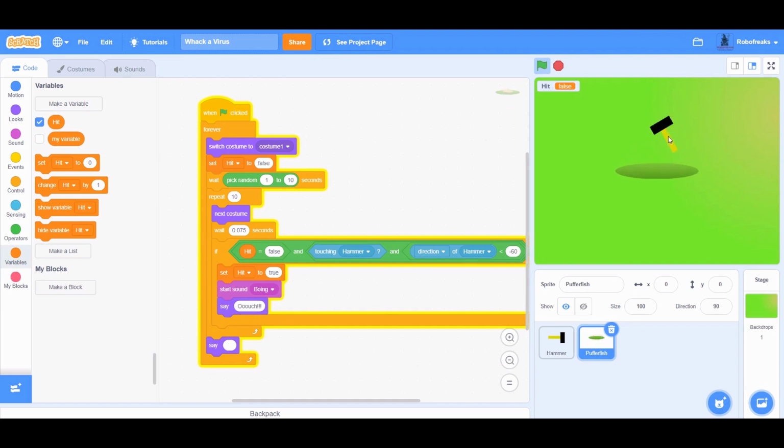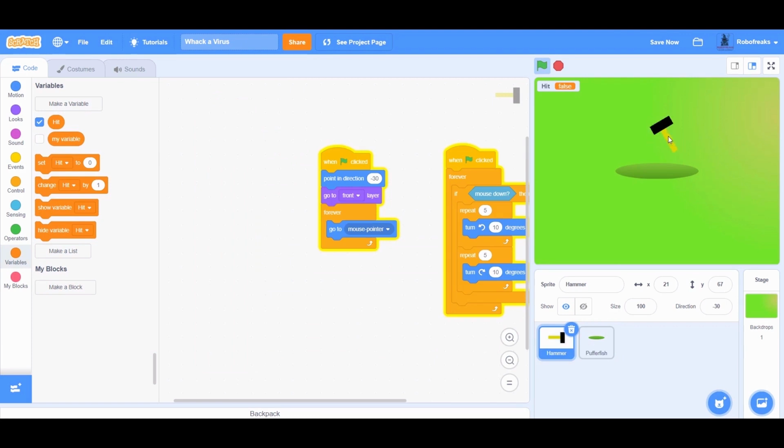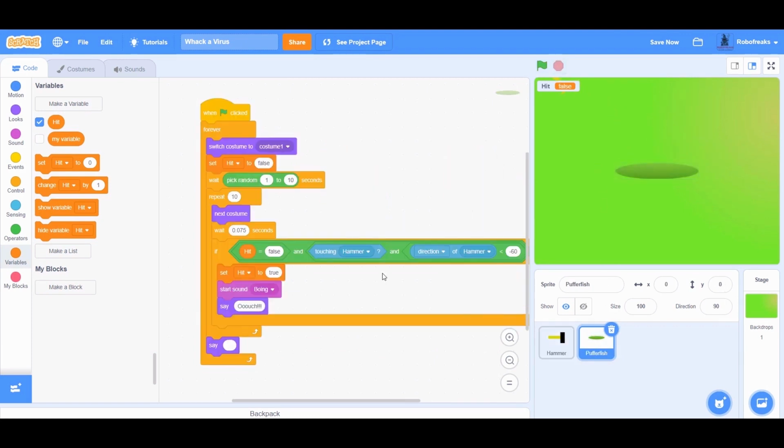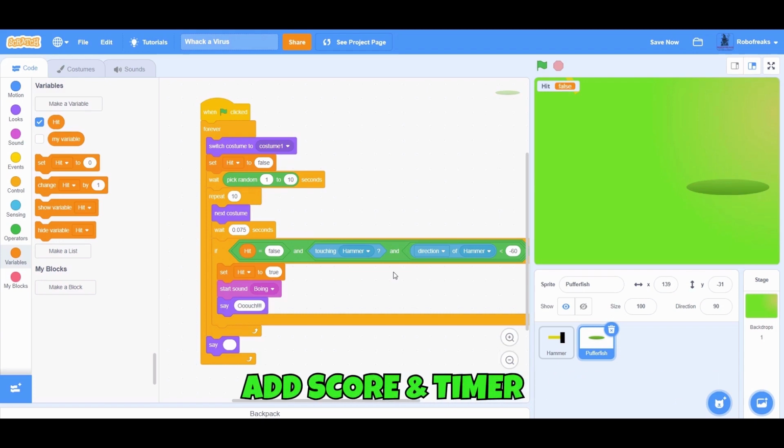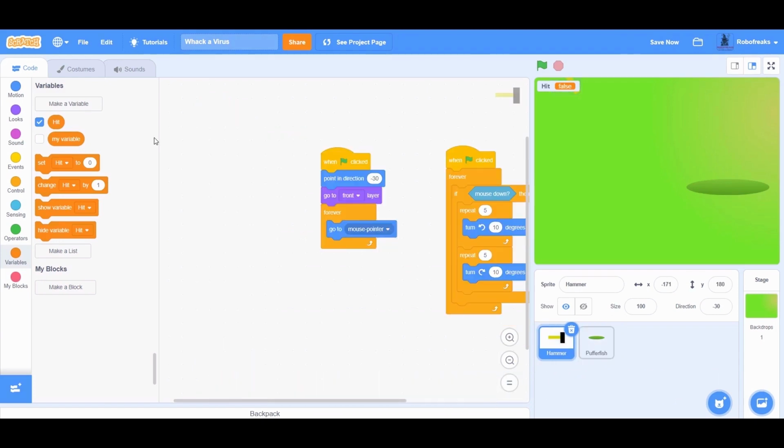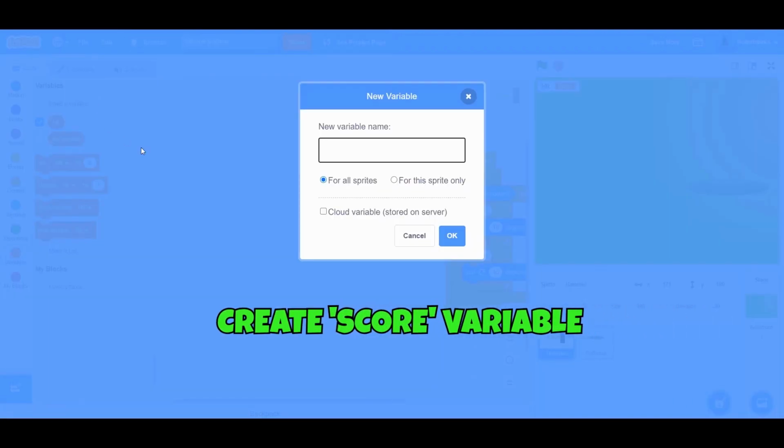Well, the major part of our game is ready, and I know you are wondering, are we going to whack only a single virus? Well, no. Don't worry, we will cover that soon. Before that, let's add the most crucial part, which is the score and the timer. I will create two new variables called score and time left.